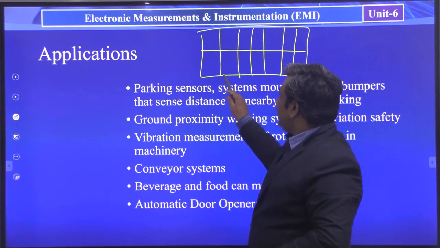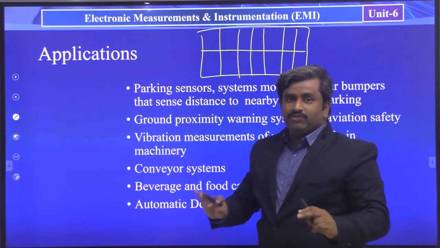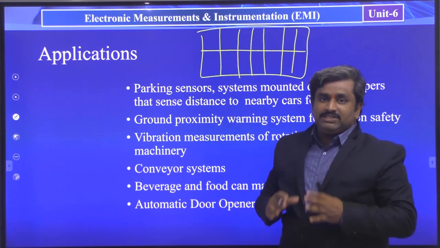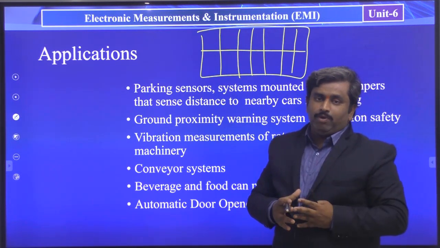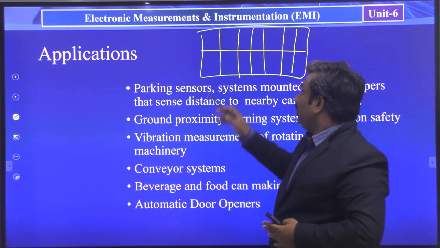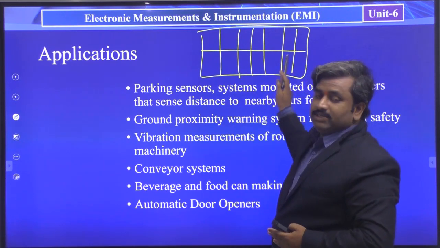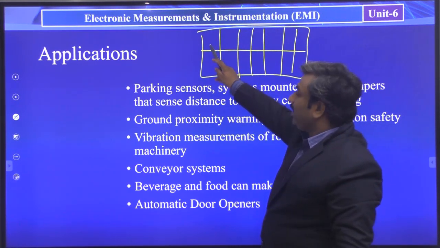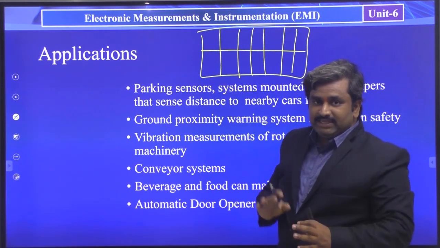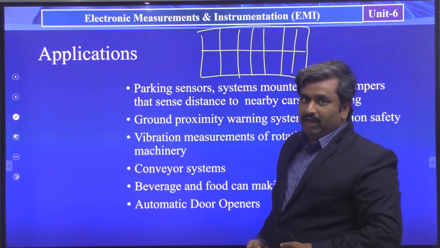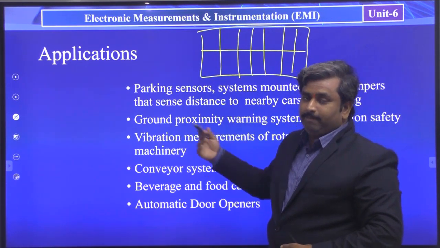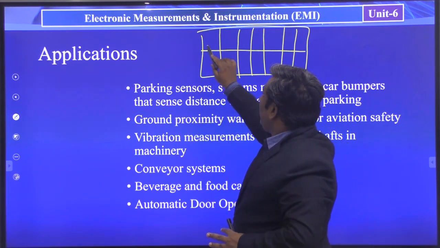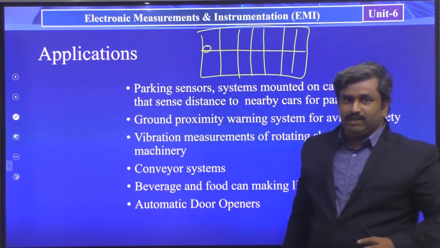Okay, so this is the total structure of the parking area. Each box is ready to hold a car. The total picture is divided into parking places that are available. In this area we can place one car, right? If a car physically comes to the parking area and is placed in that part, on that part we are placing a proximity sensor. So at this place here we are keeping one proximity sensor.